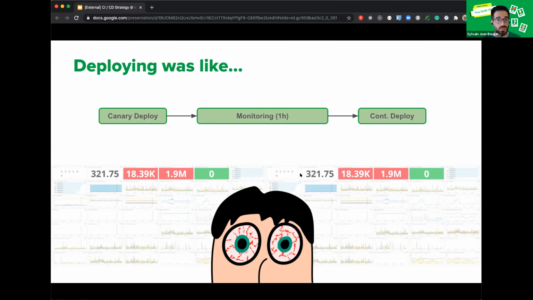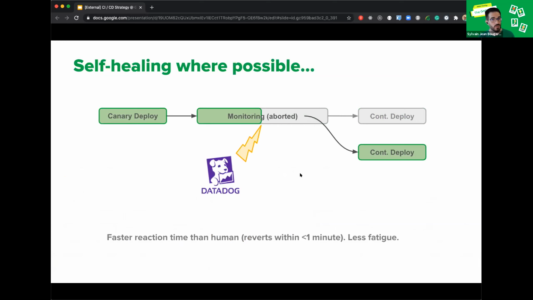So what we did naturally was to automate that process and take the human out of the equation by giving the developers the possibility to hook alerts from Datadog into Conveyor. We gave them the opportunity to step away from the monitoring process. And now, during any deployment, when an alert occurs, Conveyor will immediately revert the canary and abort the deployment. This is a lot faster than asking people to just join a call and perform manual operation. It generally reverts within a minute. There's less fatigue for the developer, everybody's happier, and the system is just more stable.